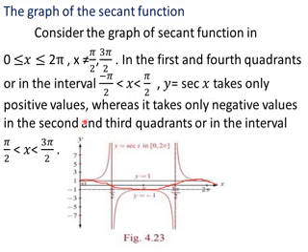Then when we replace x by 0, x is equal to 0 means secant 0 is what? 1. So at x equal to 0 we have the curve at 1. Then when x is equal to pi by 2, secant pi by 2 means infinity. So only this straight line we have here, and the value will be increasing like this. Okay. Same way when we replace other values, we'll get this curve what we have here.